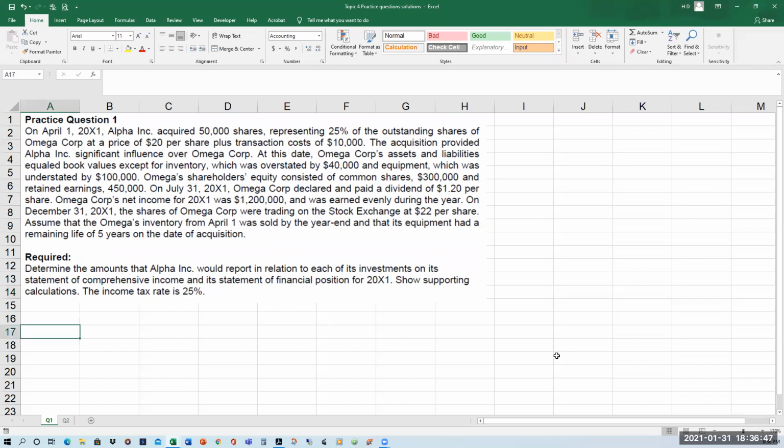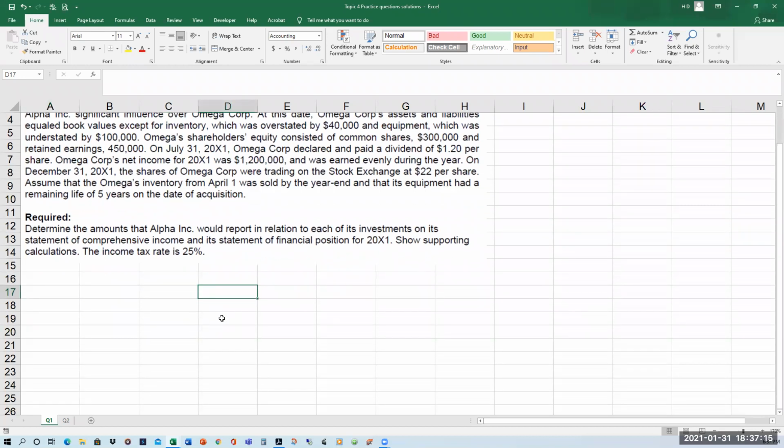All right, so here we go. We don't need to calculate the goodwill here because there's no chatter about goodwill being impaired, so we don't necessarily have to do it. I'm just going to dive right into the calculation of investment income. First of all, let's set things up. So Alpha